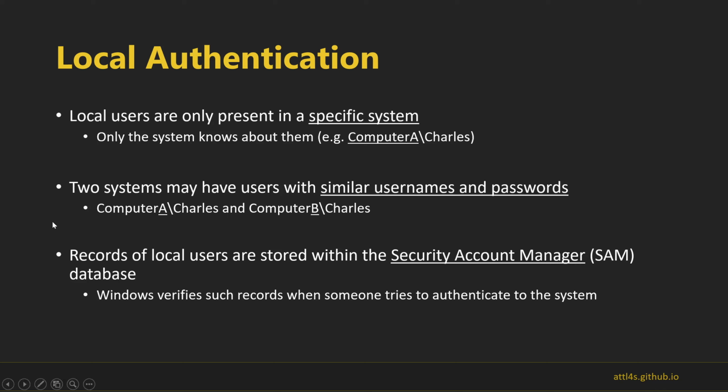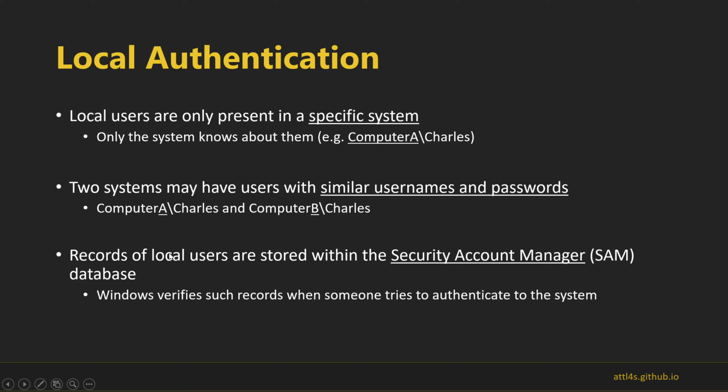We may find computer A Charles and then in another computer B Charles, and they may have the same password. But as we said before, even if they share the same username and password, they are different accounts because